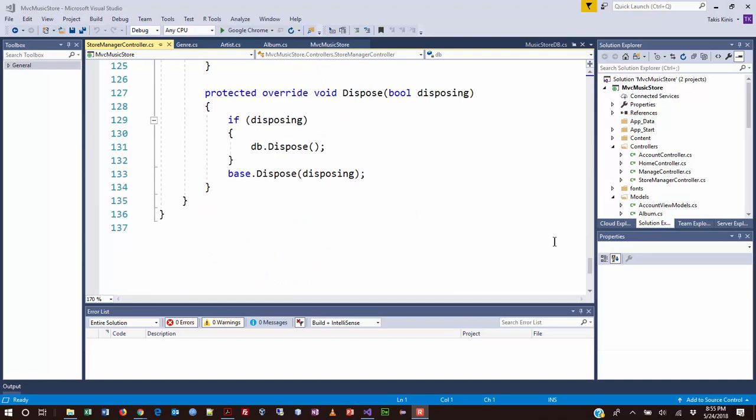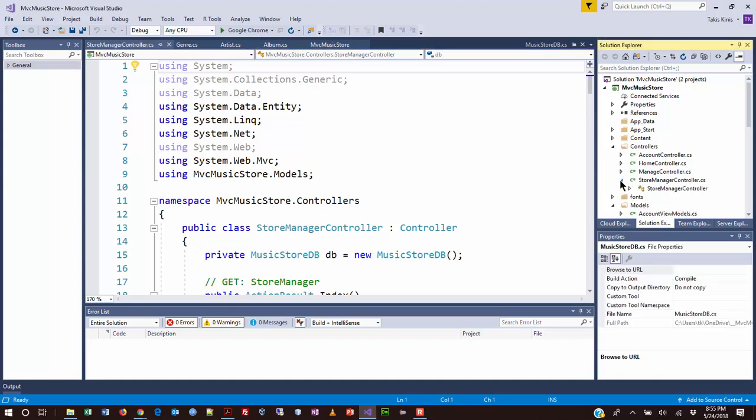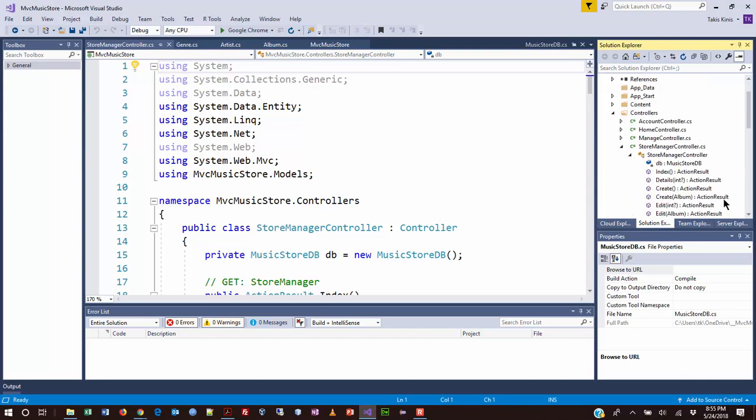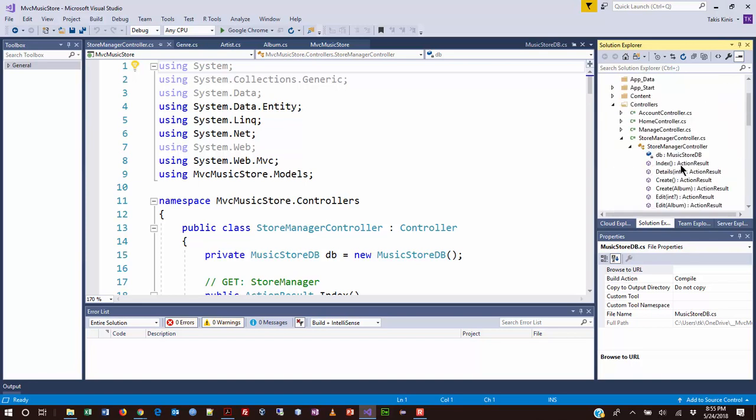Not at all. A lot of pretty complex little interactions there, including anti-hacking code for that matter. But what the book wants to point out to you is we really created a whole bunch of different things, not just that store manager controller. The first thing you should notice is that, when you start to actually expand the class here in Solution Explorer, it takes all the different methods and the database and all those different things and breaks them down